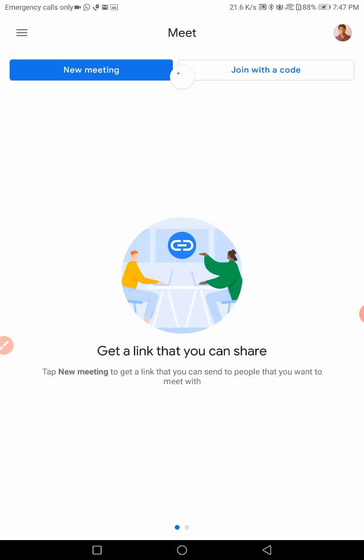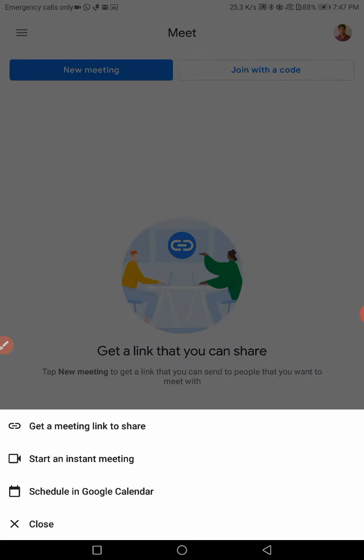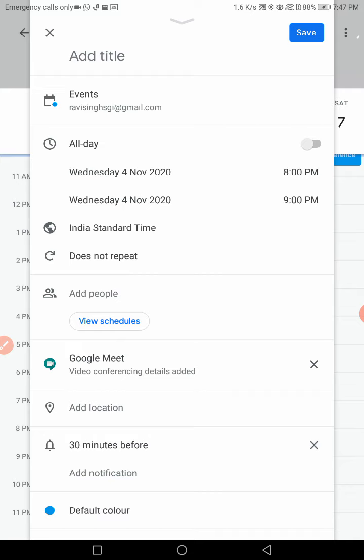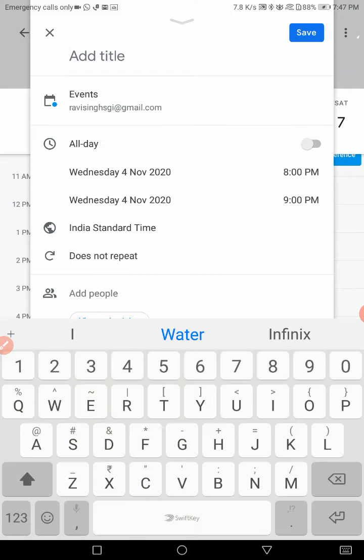After going into the Google Meet app, suppose you are scheduling a class, then schedule in Google Calendar. After scheduling in Google Calendar, you have to add the title.